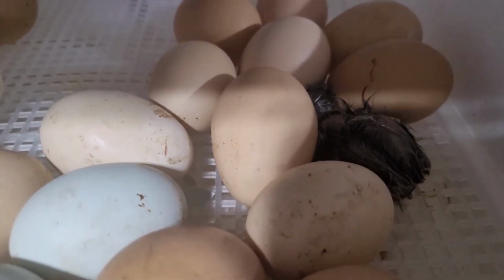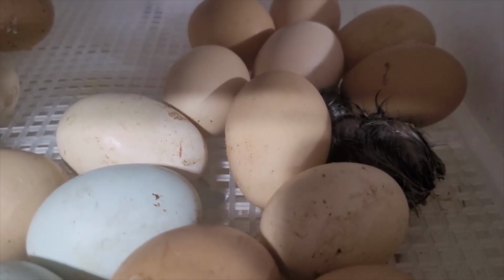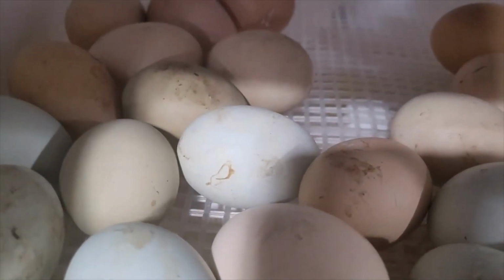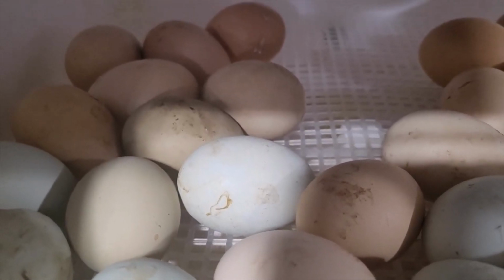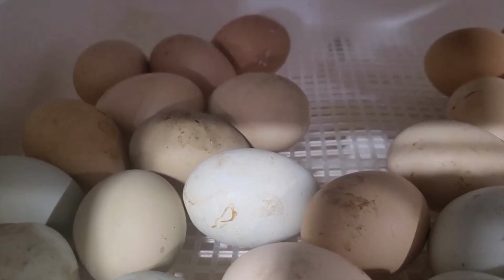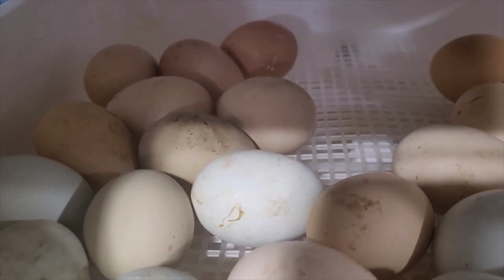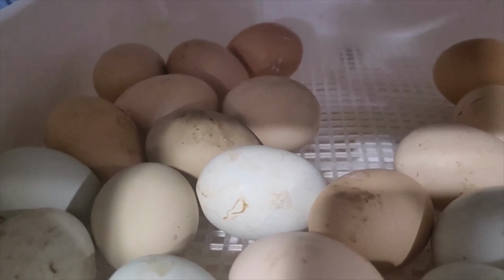I mean, we have brown, cream, green, shades of blue, and different shades, like a lighter shade of green, and over here, this is kind of more of a deep shade of green, and it's so deep you can't really see it on the camera, because it almost looks brown, but it's actually like a weird color grade. I am curious if maybe mixing some of the brown with the green and blue layers, we can get different colors, which you can, that's how genetics works, but I'm not for certain what color